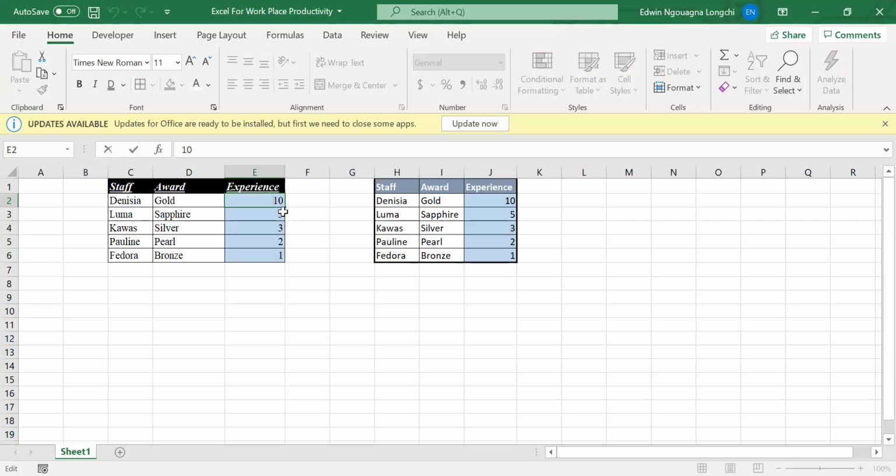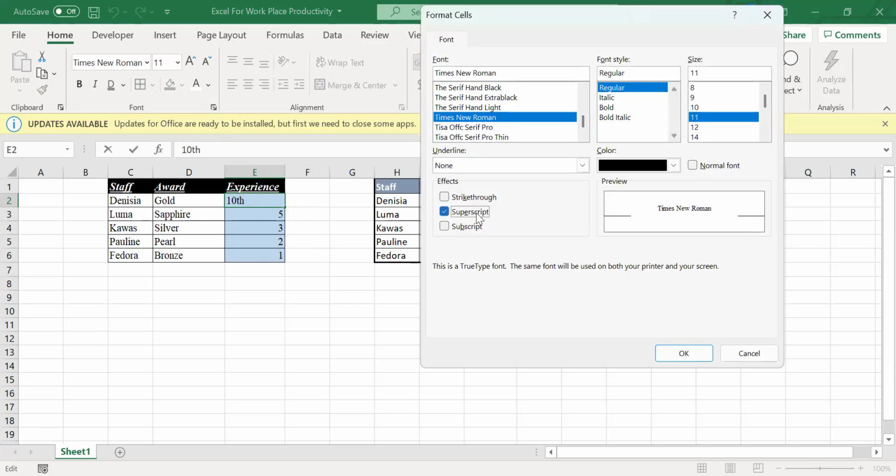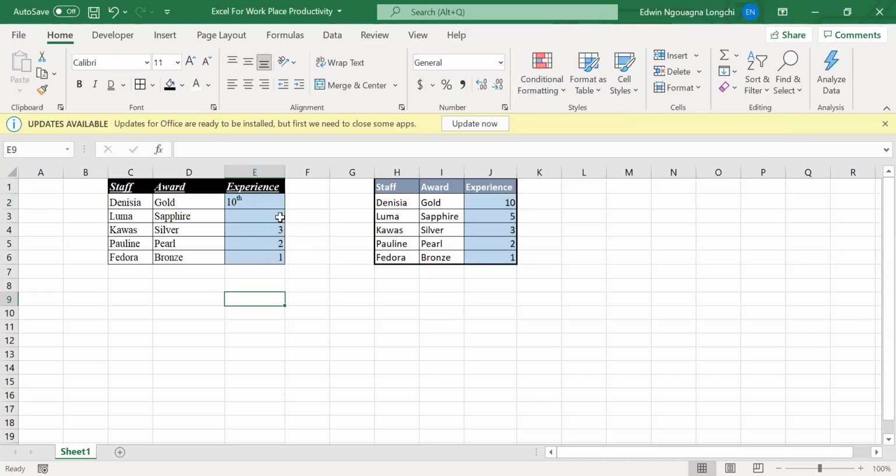When you double click, you see your cursor blinking. So I can use my right arrow and type, so I can say it's the 10th position or the 10th year. If it was Microsoft Word, this would automatically superscript, but for Excel, it doesn't do that. So how do we do it? I can double click inside and highlight this TH, and I come here and I do what? I superscript and I take OK. And wow, that works, right? So always remember that superscript in Excel, you have to use this small arrow here.